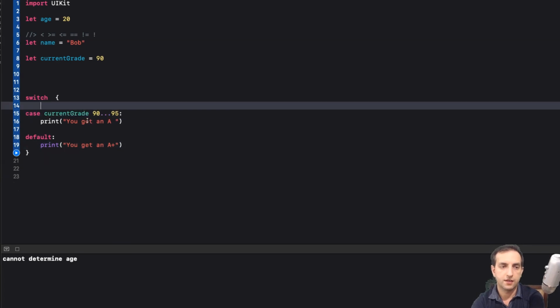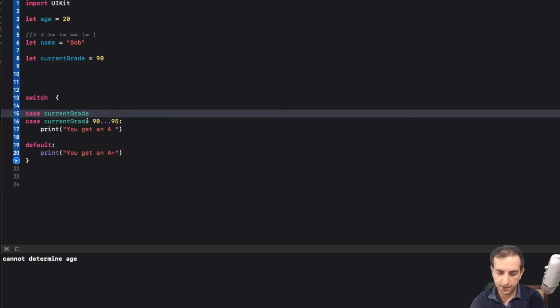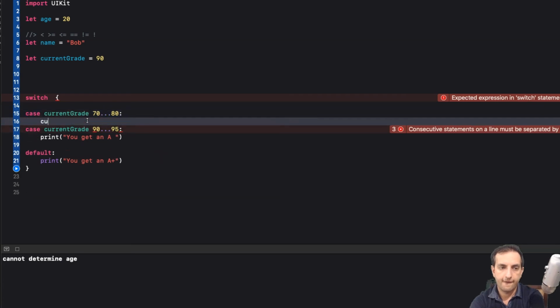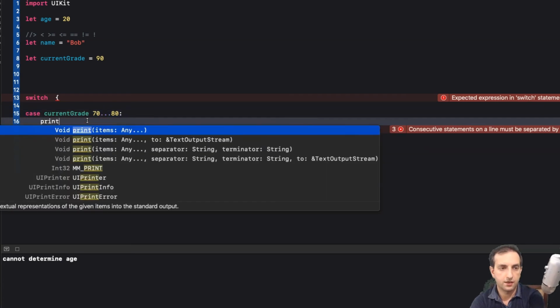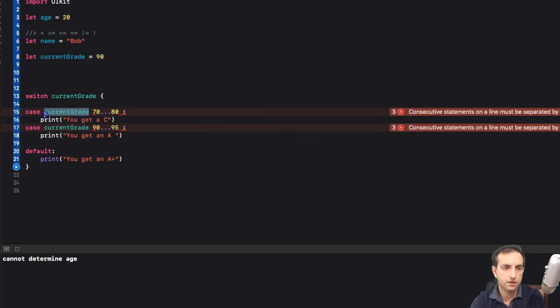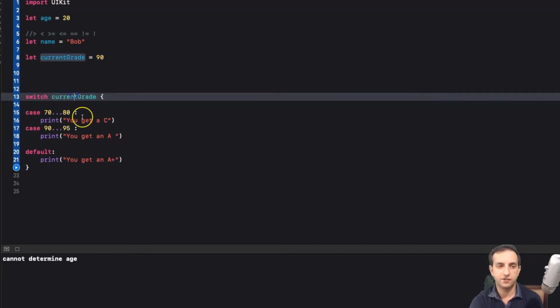so this one we can actually say case current grade. So let's say you get 70 to 80, then your grade is actually, you get... Okay, so you don't say current, so you say switch current grade, and then you say case, and each, so